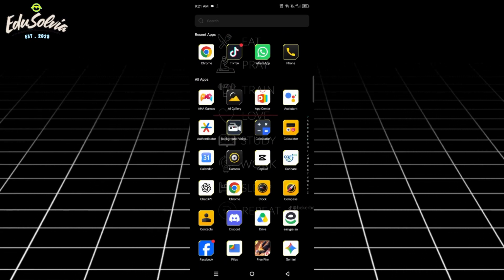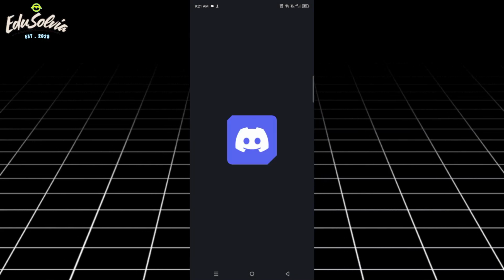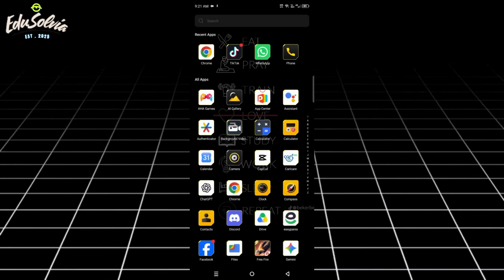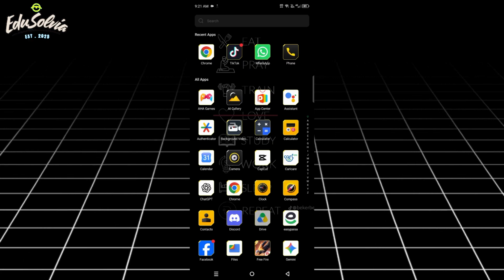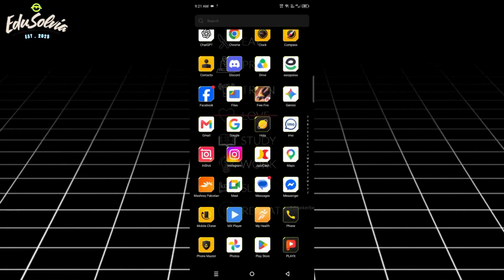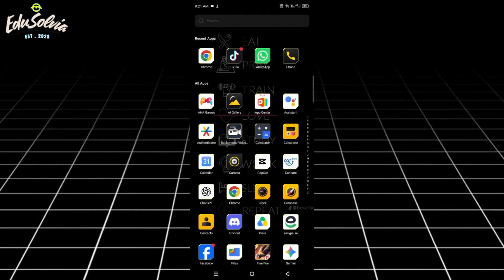Once your phone turns back on, open Discord and check your server. Try sending a message and joining a voice channel to see if everything is working properly. In most cases, updating Discord, clearing the cache, force stopping the app, and restarting your phone can resolve temporary voice